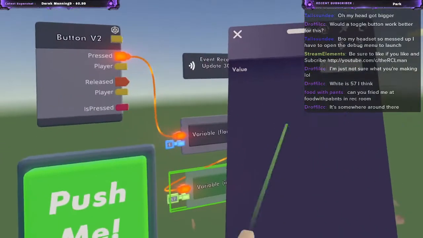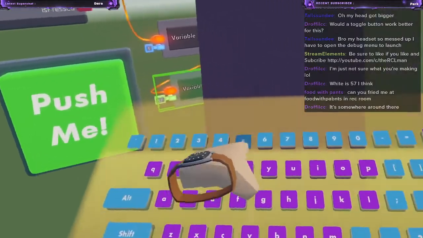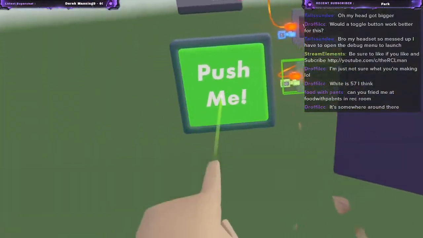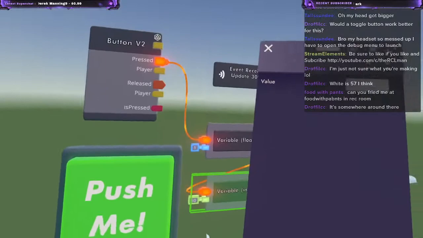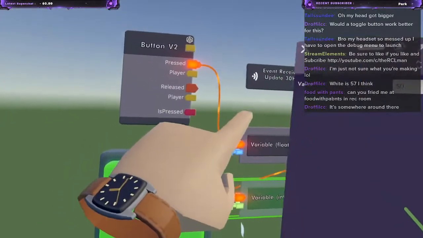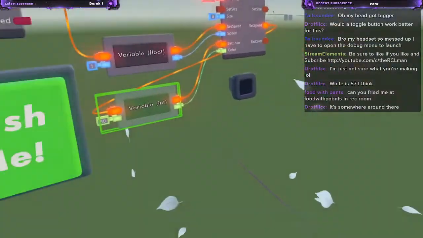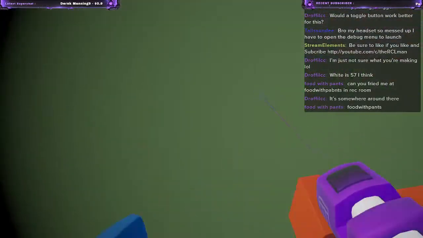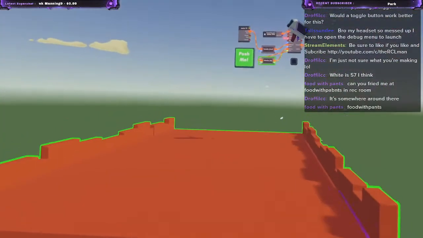57 is like a brownish color, but you might be close. I didn't think it went all the way up to 57. Let me see. Hey, 50. Alright, we got it. Hell yeah, thank you, man. Awesome. Okay, so white is the one that we need. And then what I wanted to do, so this is our snow globe, right? So we want to take,